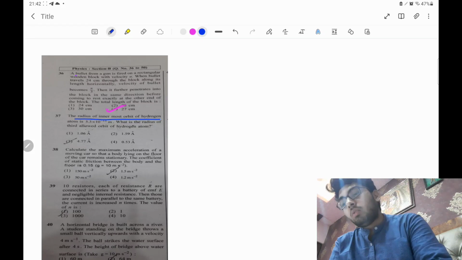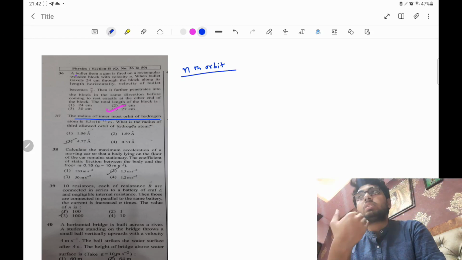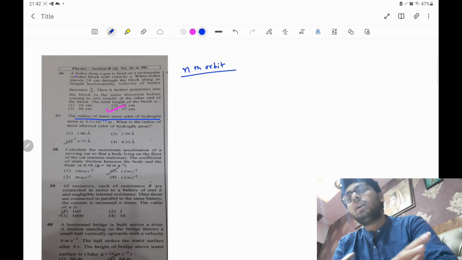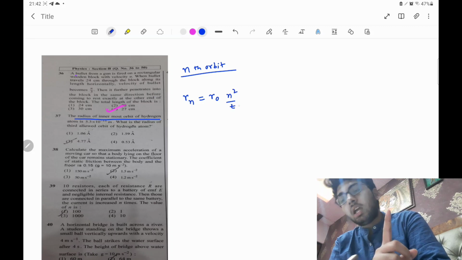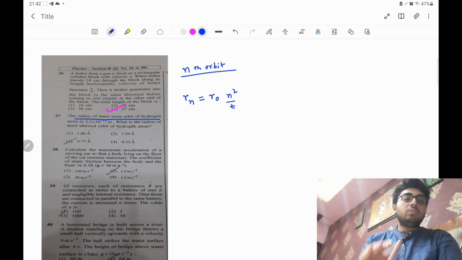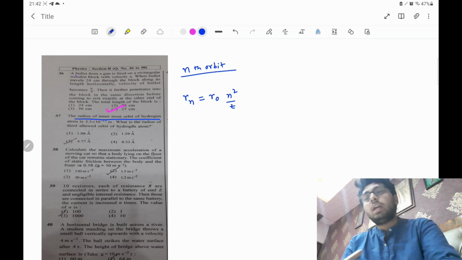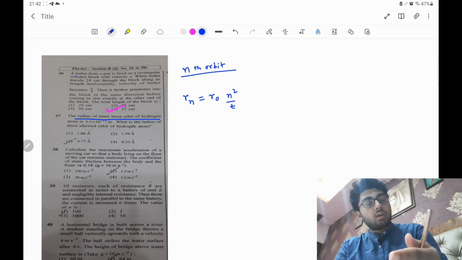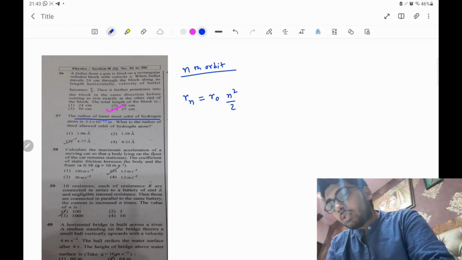So now you must know that in general for the nth orbit of a hydrogen-like atom, hydrogen-like atom means hydrogen, helium plus, lithium 2 plus, like that, the radius of the nth orbit can be calculated as r0 into n square by Z, where r0 is the radius of the first orbit of that hydrogen-like species. And what is n? n is obviously the number of the orbit, and Z is obviously